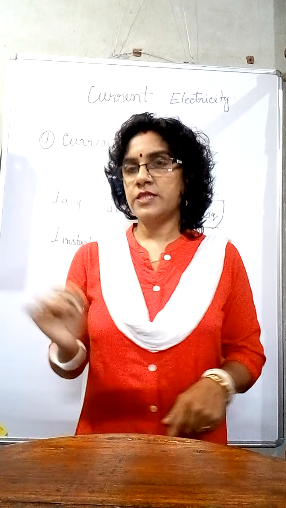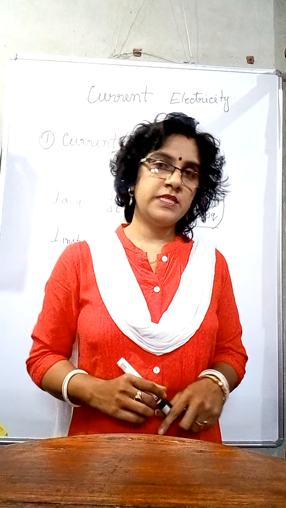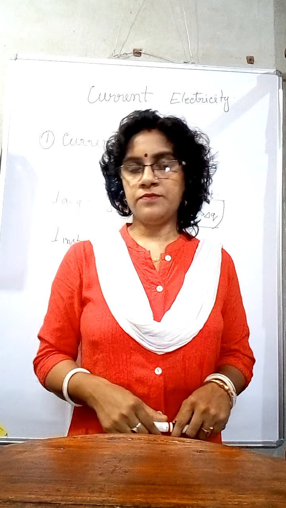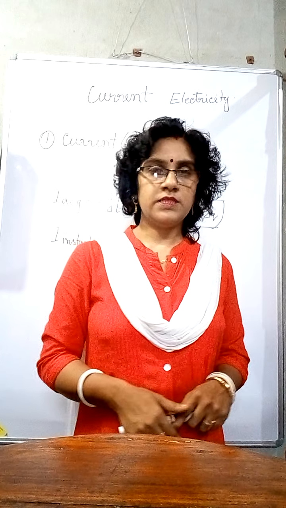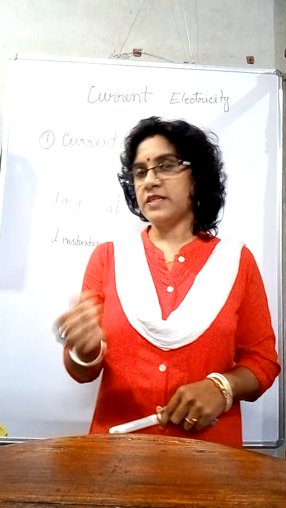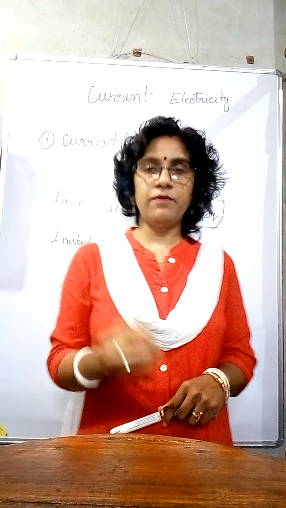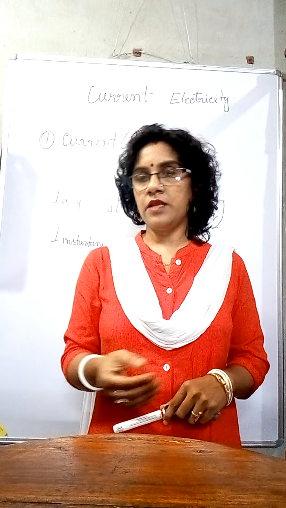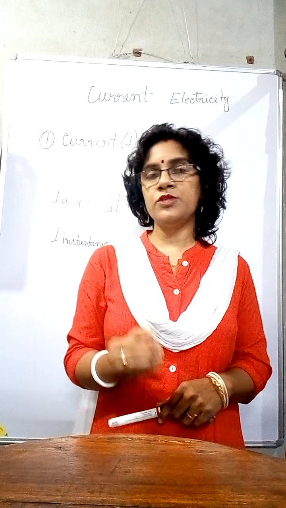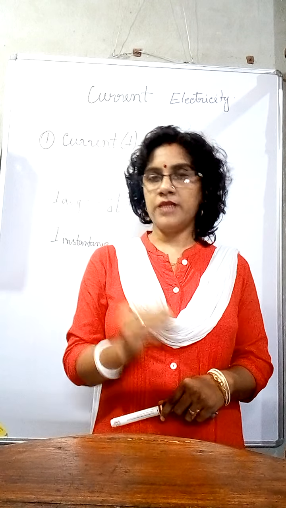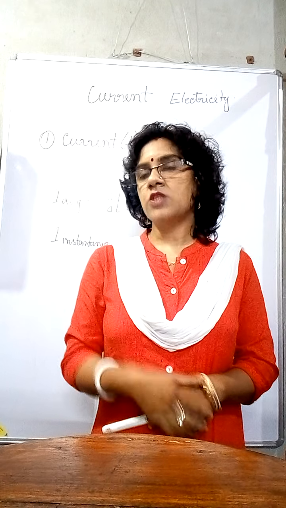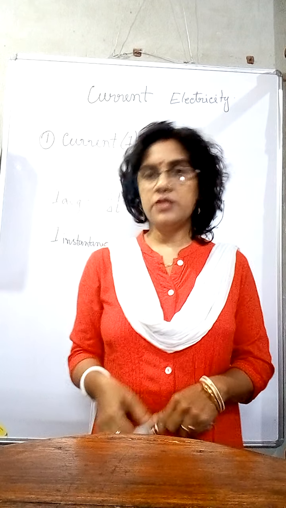Now, what is the direction of current? The direction of current is just opposite to the motion of the charge. It is a scalar quantity. Maybe you are confused that I am saying current's direction is opposite to the direction of flow of charge, but also that current is a scalar quantity. Because any quantity which has magnitude and direction is known as a vector quantity, but here the current is not obeying the vector addition rule.